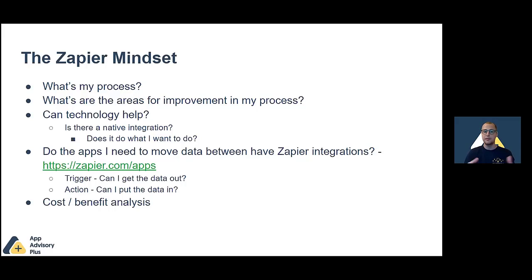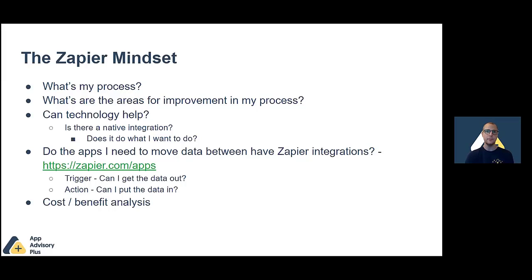And you don't have to necessarily know straight away what that's going to be, but you make the assumption that because you're working with data, it can be improved as a process. And here is where you start to look at, is there perhaps a native integration that can help me? And if there is, what does it do? And does it do what I want it to do to improve my process? And you would look at that first, because native integrations tend to be cheaper, and they'll probably be quicker